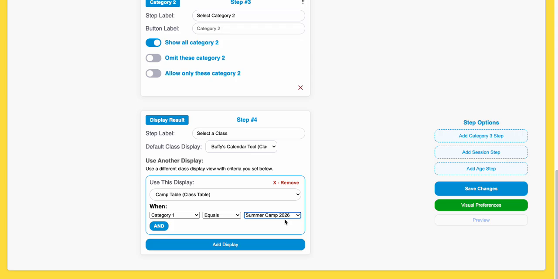2026. Okay, so I know that it's quite conventional for parents and users when they're looking at a table. You can present the start date and end date, especially when enrollment starts in the future. Hey, that's not coming up for a handful of months, but we're going to start the enrollment either now or in a month or two. We still want to put that up so people know that that's coming, but we don't want to display it in that standard weekly calendar format because that's mostly for ongoing classes that take place the same days every week, etc. Okay, so I'm going to go ahead and save this,